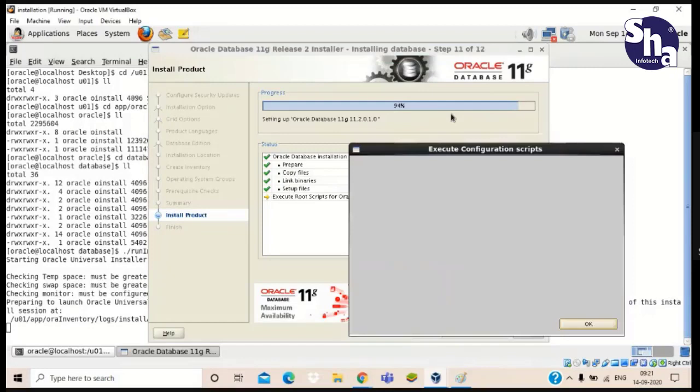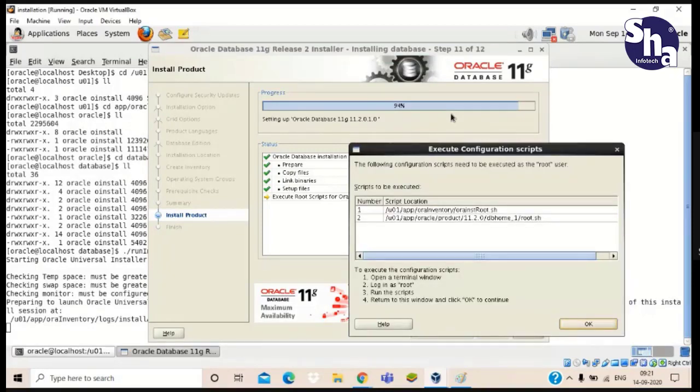No, not important. You can see our script is ready to run here. That is the same as what I have written in the text: /u01/app/oraInventory/orainstRoot.sh and /u01/app/oracle/product/11.2.0/db_home_1/root.sh.